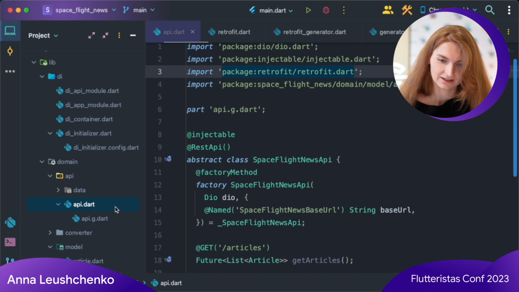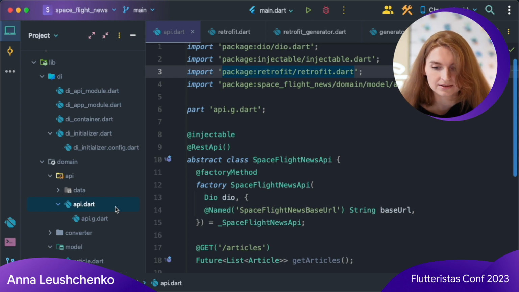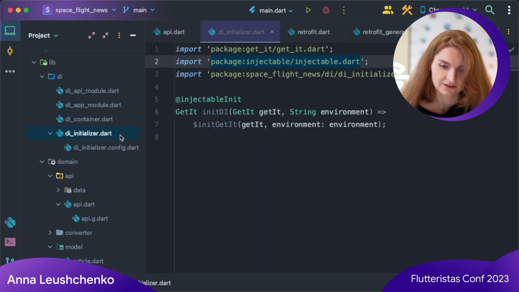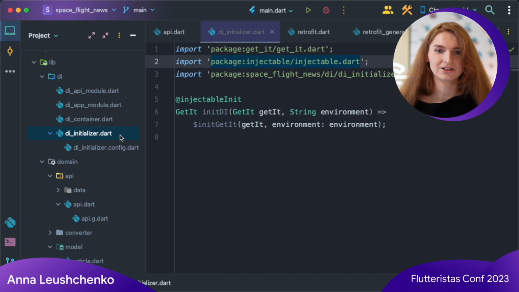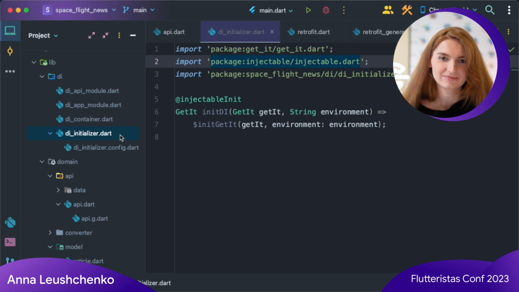Let's check another example, injectable. See this annotation here. The way injectable works, it allows you to put annotations across the project in different files, and then gets them all together in a file next to this one thanks to this injectable init annotation. This sounds more similar to what I'm trying to achieve in my package. So let's see how they did it.